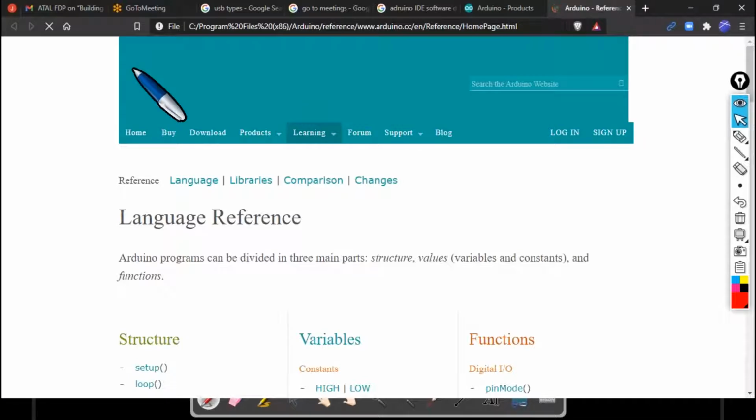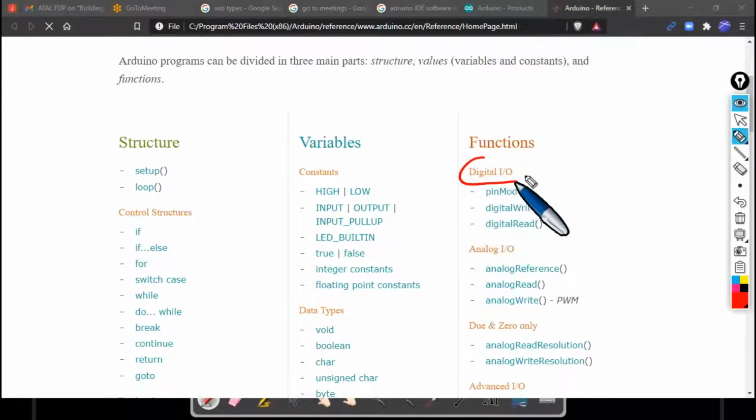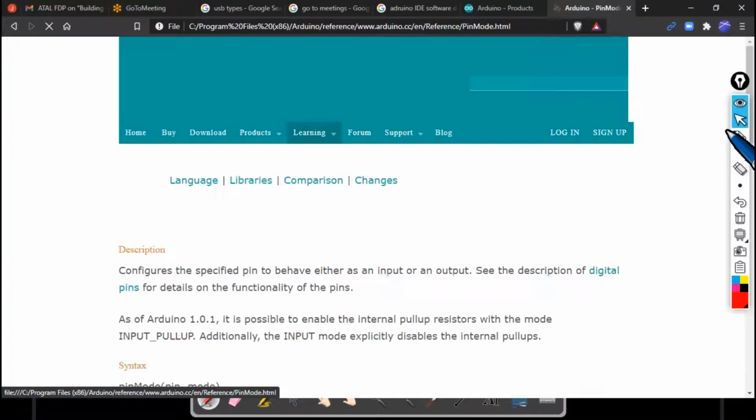If you scroll down here, you can see under Functions, specifically Digital I/O, I can find this pinMode. I'll hit on this pinMode and let's see what exactly this function does.